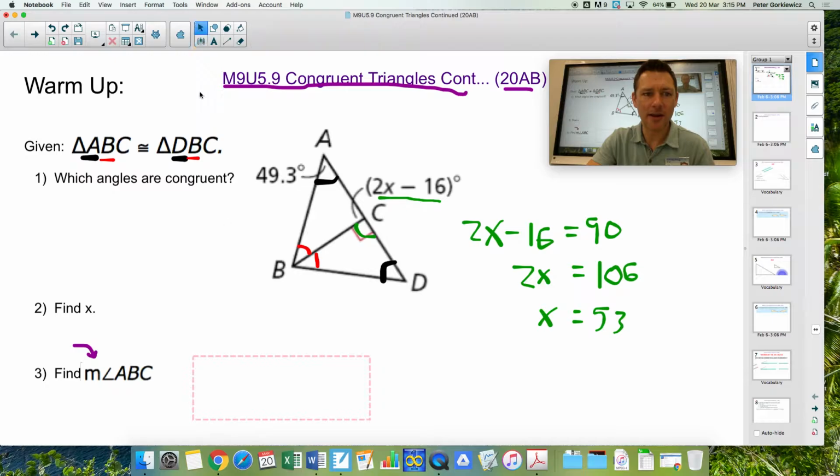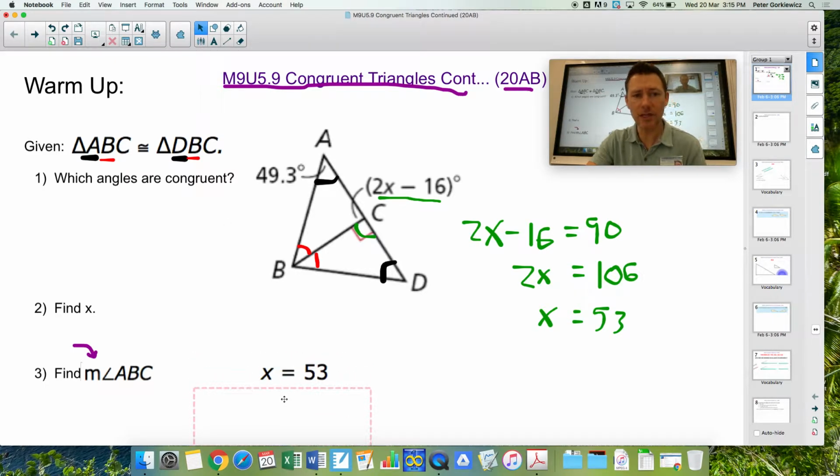Alright, let's try that out. So x is 53, ching! Alright, and now we also want to know the measure of ABC. So ABC is this angle. Okay, how are we going to do that? Well, if we know this is 53,